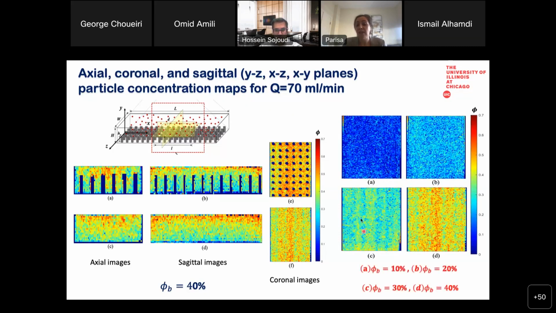interestingly, we did the test for different scenarios. You can see here some of those for different concentrations of the particles. Here is 10%, then 20%, 30%, and 40%. You actually see for 10 and 20%, the particles are all uniform. But when you add more particles, the structure of the porous surface made this occur, or the banding actually happens in this scenario.